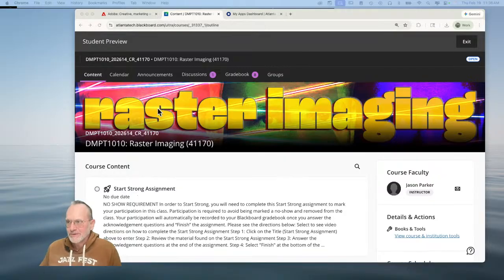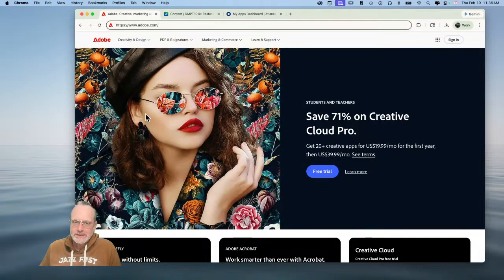The first thing I want to show you is adobe.com. There have been some reports of different troubles that we have logging in, and I just wanted to make sure that we all knew how to go through this process. If you want to sign in to Creative Cloud, which is what Adobe uses to distribute their software and updates and all of that, and it is what you have free access to with your Atlanta Tech student email, you can go to adobe.com and click sign in up here at the top right,